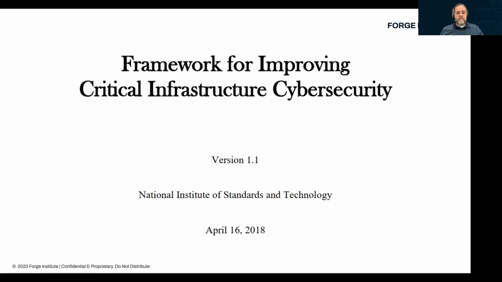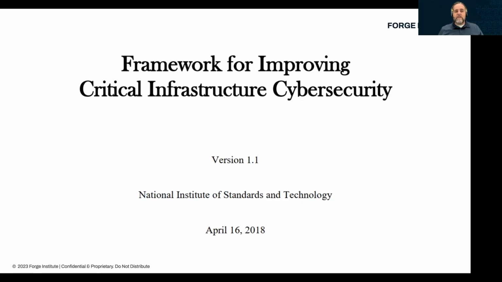Each president since President Bush has come out with a couple of executive orders that have been cybersecurity focused. President Obama's were very much, let's get cybersecurity out of the government. Let's get this expertise out of the government and let's start working on critical infrastructure.